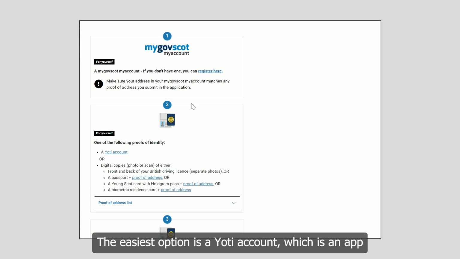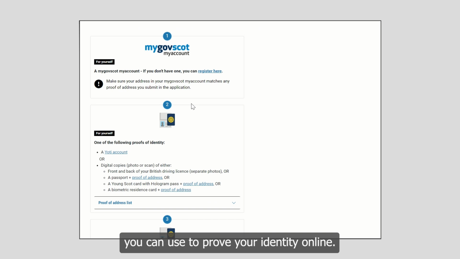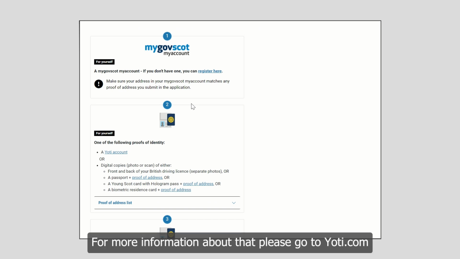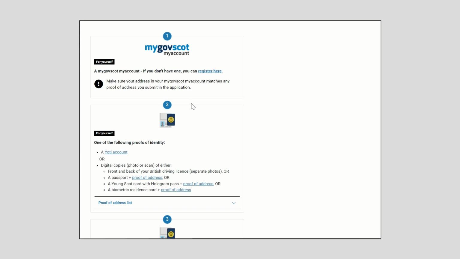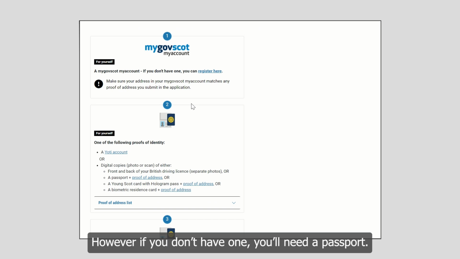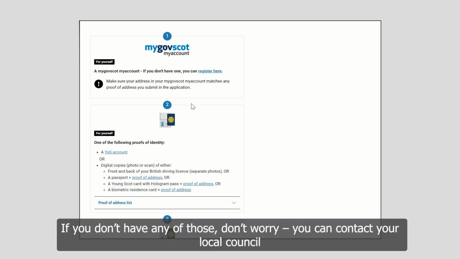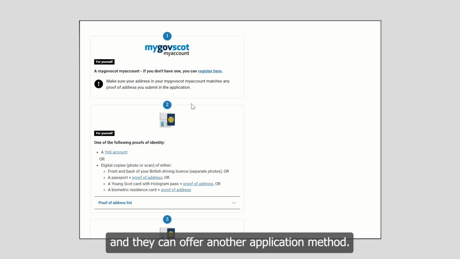The easiest option is a Yachty account, which is an app you can use to prove your identity online. For more information about that, please go to yachty.com or look for the app in your mobile phone's app store. The next easiest proof is a driving licence photocard, as it proves both your identity and your address. However, if you don't have one, you'll need a passport. If you don't have any of those, don't worry, you can contact your local council and they can offer another